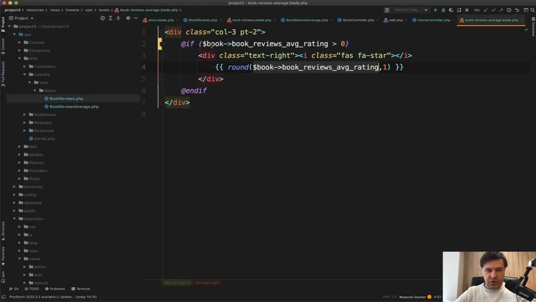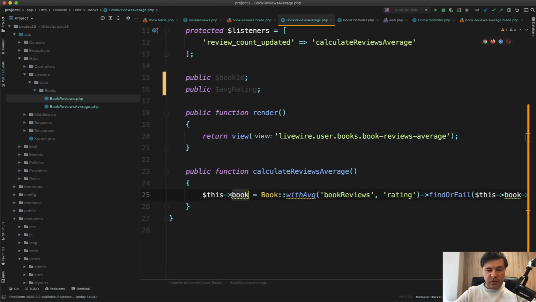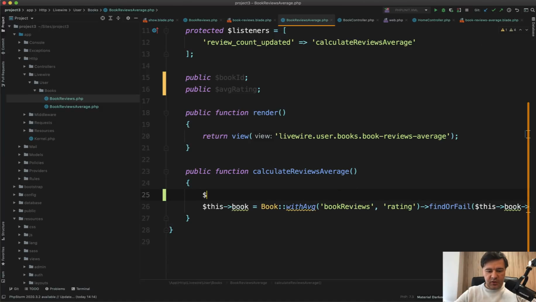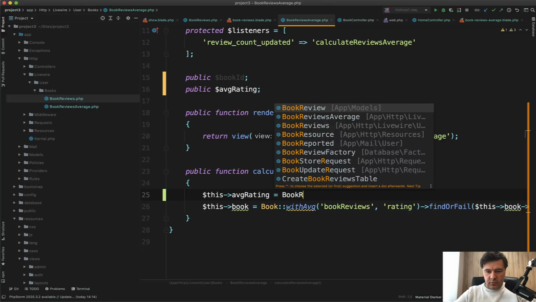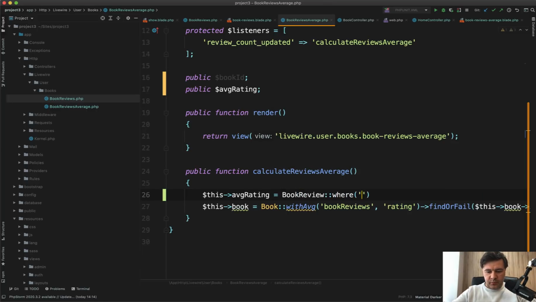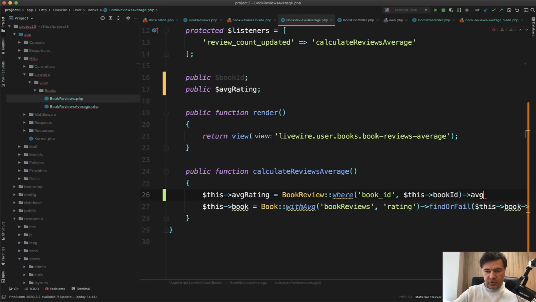And then here we change that: if average rating is bigger than 0, then we show it, like this. And then in the component, we don't need the book anymore, and we don't need this book anymore. We need to just recalculate average rating. Average rating equals, or this average rating equals, book review where book ID equals book ID, or this book ID actually,